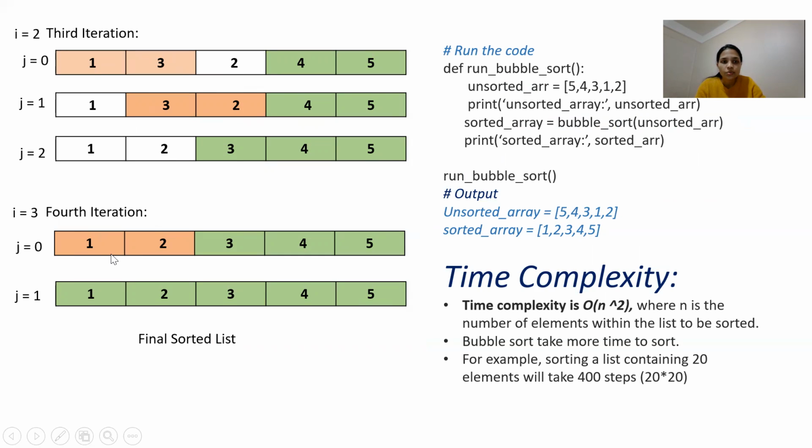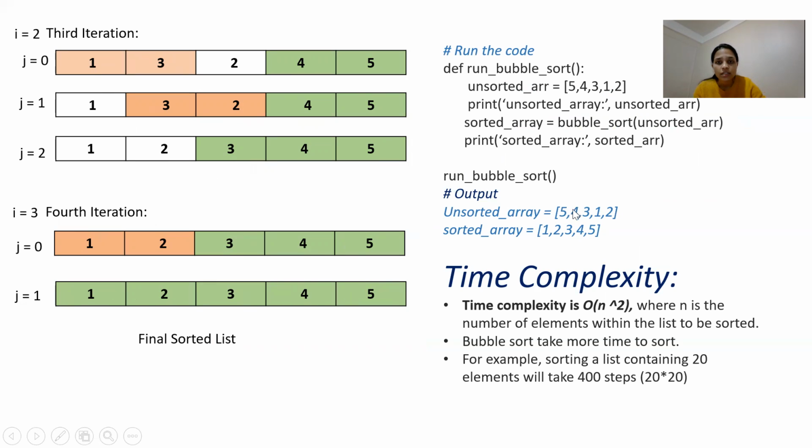1 is not greater than 2, I don't do any swapping, but at the end, at position j equals 1, I get the complete sorted list. I get the final list over here. So in this bubble sort, you can see I'm using 2 for loops to compare the elements with their adjacent element, and I'm doing the